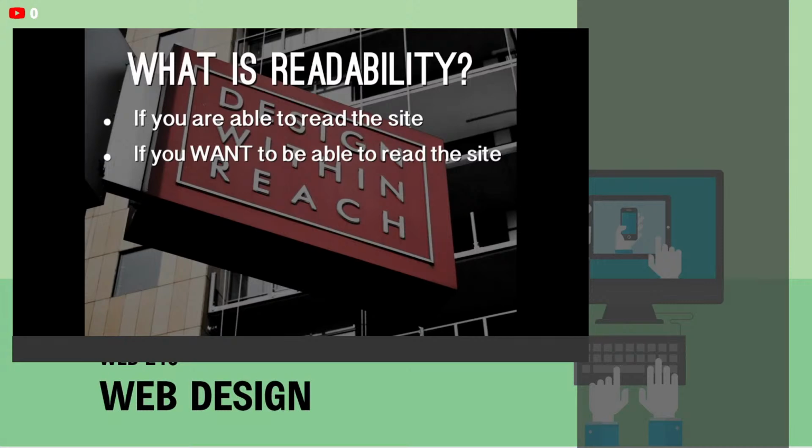The other half of readability is that you want to be able to read the site. And I'm sure this is something that you all have faced as well, as you all have been doing different things. Think about going into an online course. What is more appealing to your eye visually? To make you say, oh, I want to look at that, or I want to get involved in that a little bit more. I want to actually read that. But if you just had a whole big wall of text that looked like the Declaration of Independence or something,